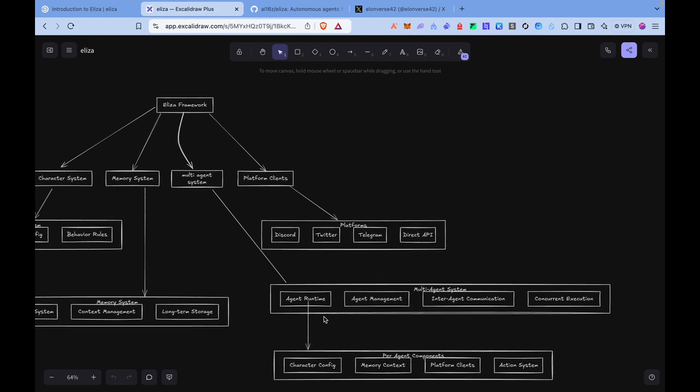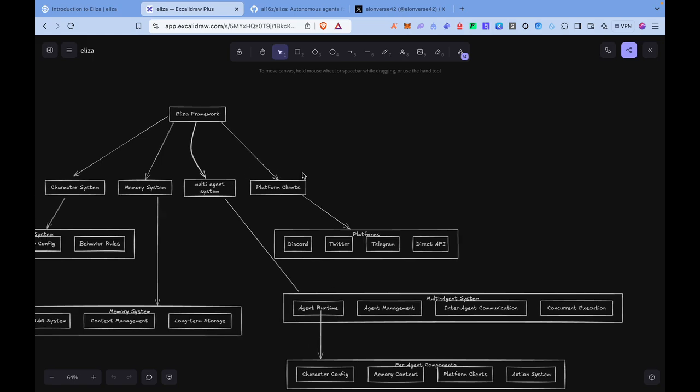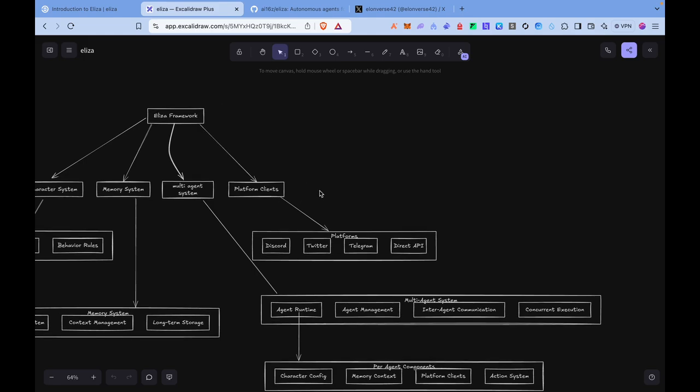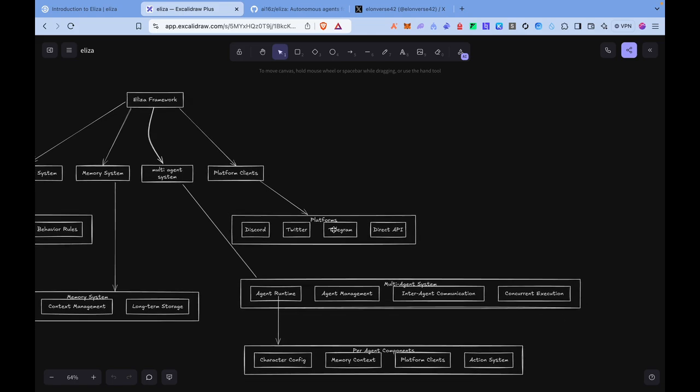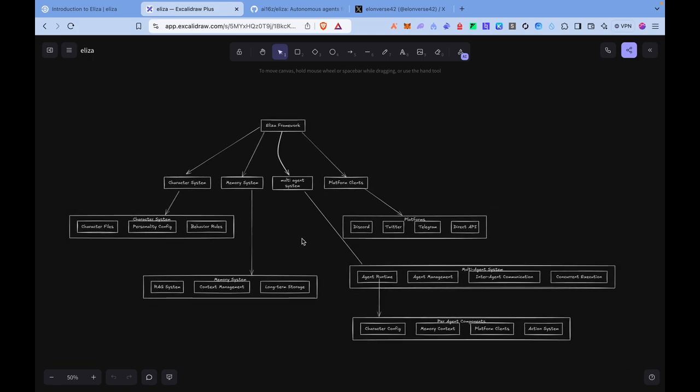And then the most crucial aspect, the platform clients, which are basically all kinds of external platform integrations that can be carried out with Eliza: Discord bots, a Twitter agent for different purposes, a Telegram bot, or different API integrations. So this is the core